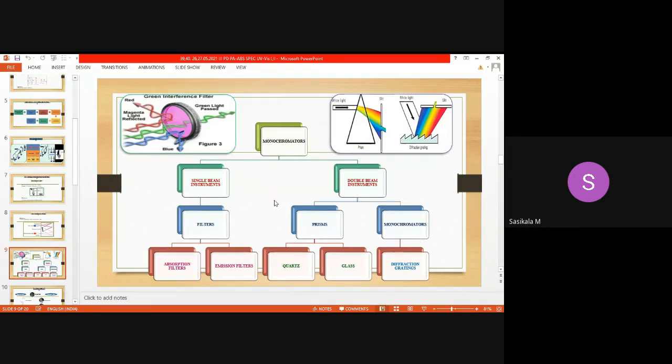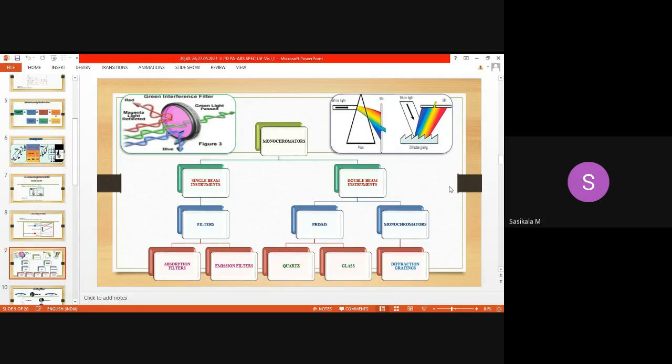So these are all the different types of monochromators which convert polychromatic light to monochromatic light. Filters remove unwanted radiation and pass only needed radiation by means of the filtration process. Prisms will convert polychromatic light to monochromatic light through the dispersion process by means of rotating prisms. Then monochromators will convert by means of diffraction gratings. It will diffract the polychromatic light to monochromatic light. Thereby we get monochromatic light from the polychromatic light, and now the selected monochromatic light will be passed on to the sample for its analysis.